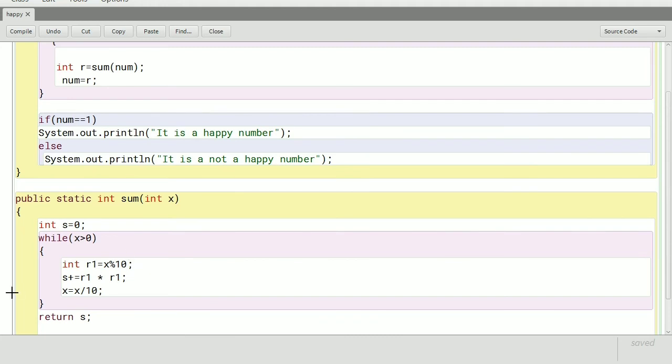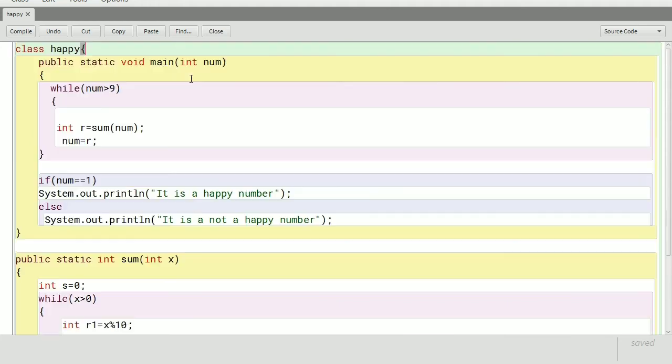Now you see, the actual program will start from here. Suppose you are giving 28 as a number here. So first you give 28 here. It is greater than 9. Yes. Then it will call the sum, and pass the 28 here.